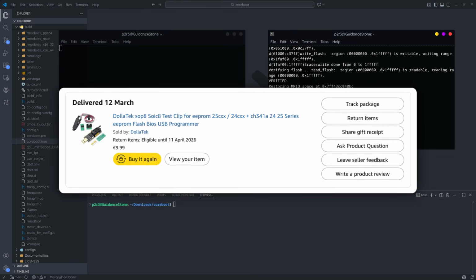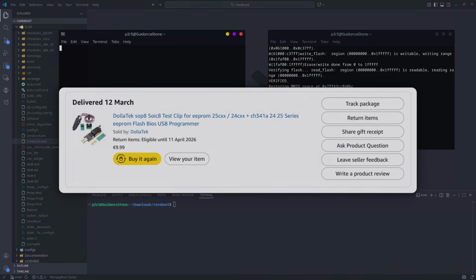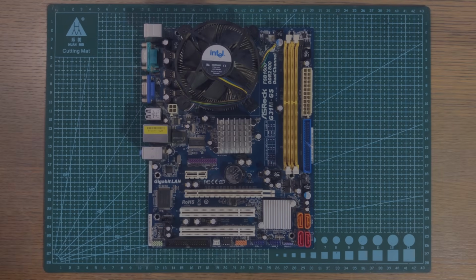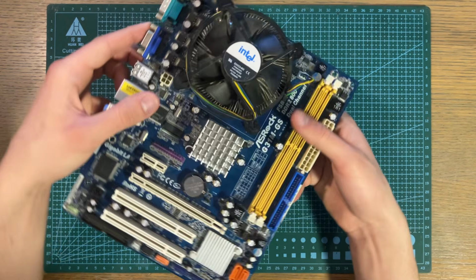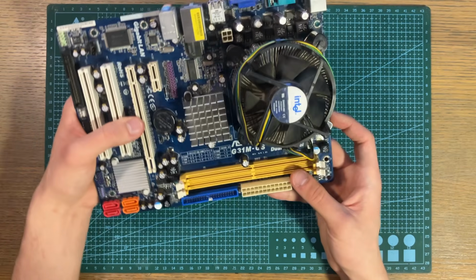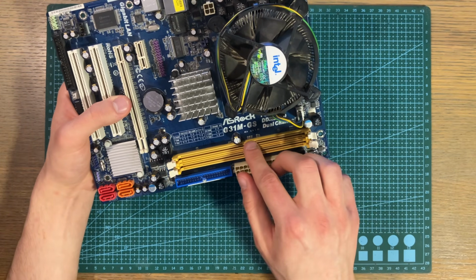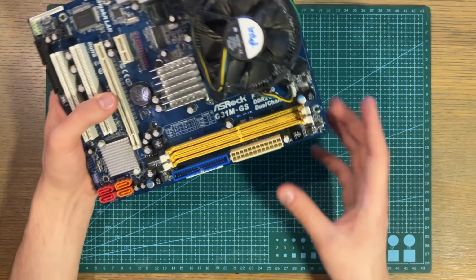Yeah, so I ended up ordering that BIOS flasher anyway, but in the meanwhile, I went digging around my junk for another motherboard that might be more compatible. And somehow, I struck gold. Okay, so our victim today is this ASRock board from 2009, I think it was. It's a G31M-GS, if you want to go look it up yourself,